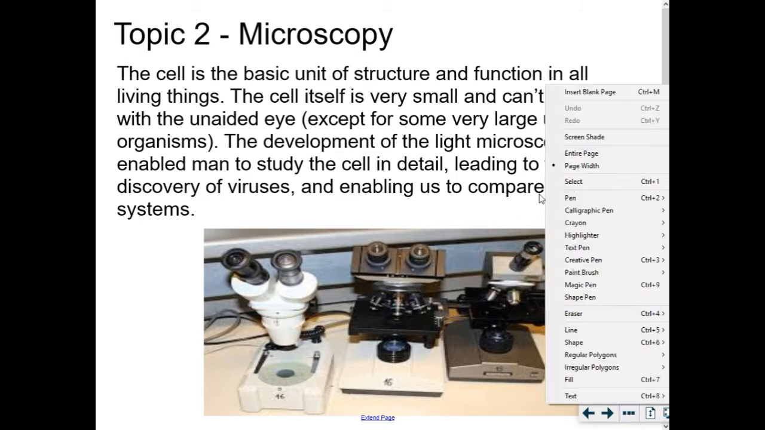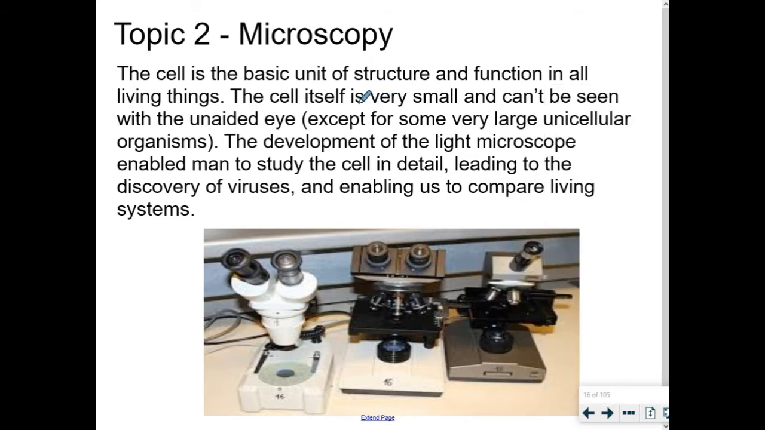And I mean, I don't know that this piece of information on the slide right here is very noteworthy, but it says the cell itself is very small. It can't be seen with the unaided eye. Okay. One of the words we're going to talk about over the course of the next half hour is the word resolution versus magnification. Magnification is when you zoom in on something to be able to get a better picture